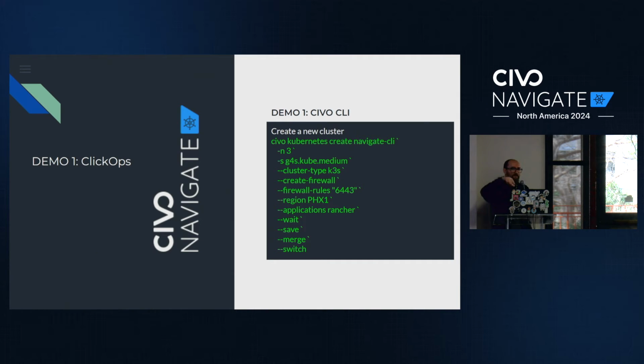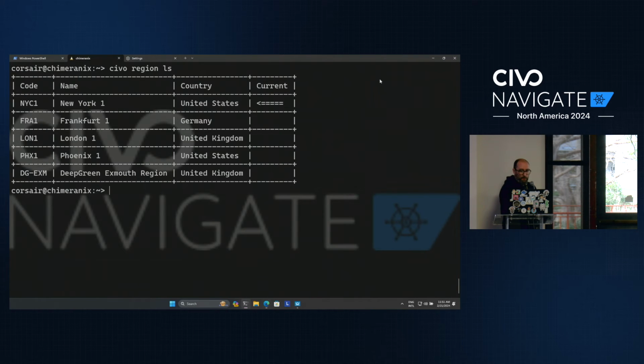And then the wait, save, merge, switch: wait is waiting for it to finish, but then the save will automatically save the kubeconfig file, merge it with your .kube/config file inside your computer, and finally, it will switch the Kubernetes context. So those are commands that were provided by that. I think others might have it too, but that's quite nice. So with this command here, now,